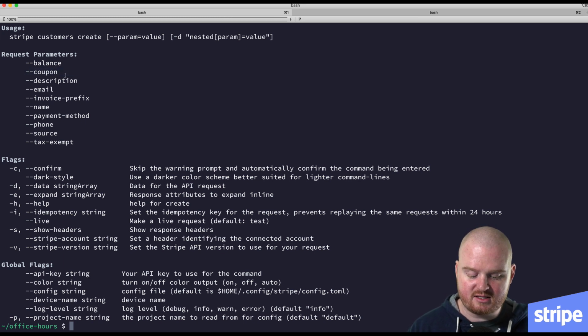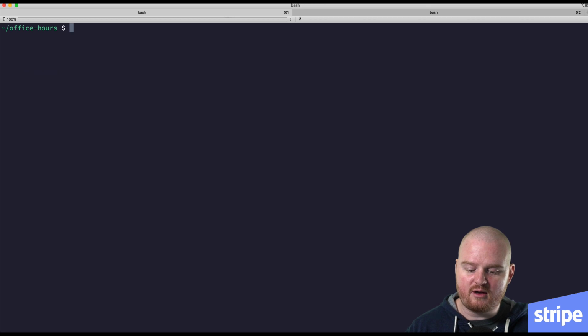that are used to create that customer. So another thing that I want to do is, in order for a Stripe customer to have a payment method that's used when they are billed for Stripe billing with a subscription, they have to have an invoice settings default payment method, which isn't in the list of default request parameters. And so if I'm not 100% sure what options are available to pass to that customer,